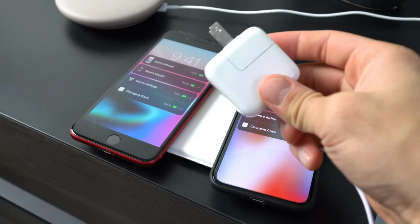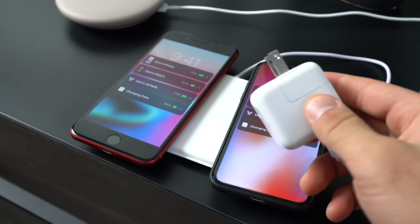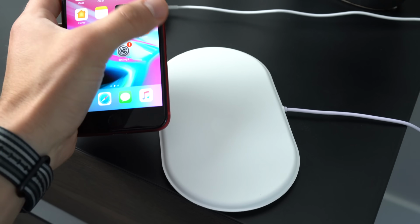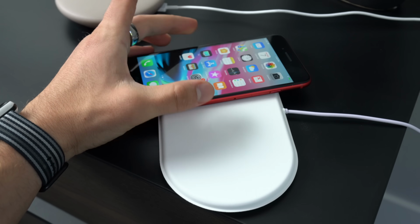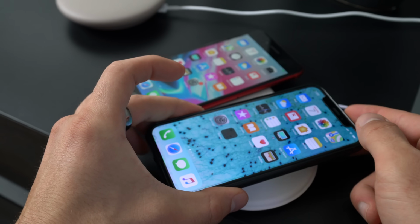And a quick first test. So with an iPad 12-watt charger, I'm going to keep it as OEM as possible, at least on the power adapter end. So with that plugged in, let's go ahead and see what's going on here. Instantly it goes to charge, as I would expect. And off charge, on charge. And second device,